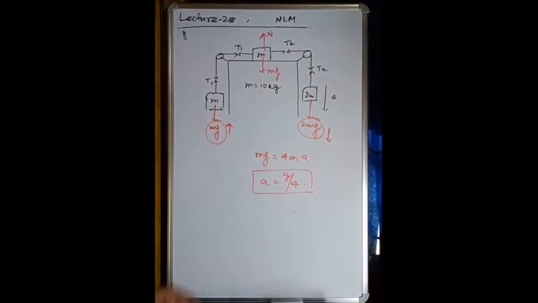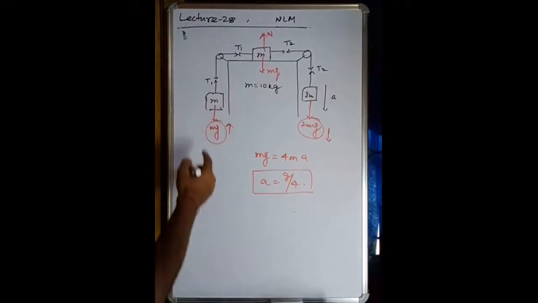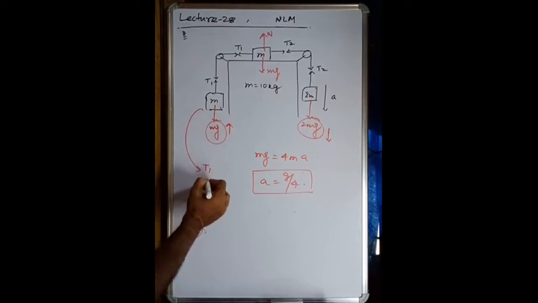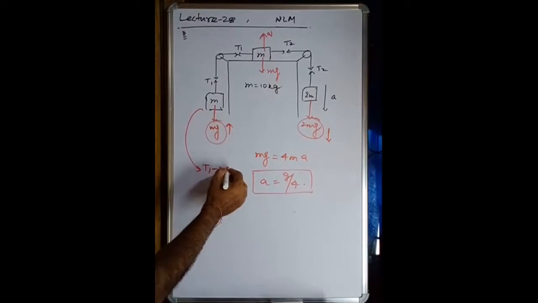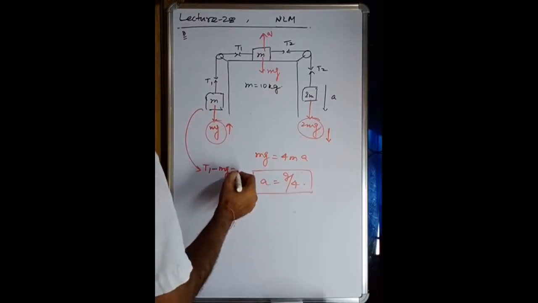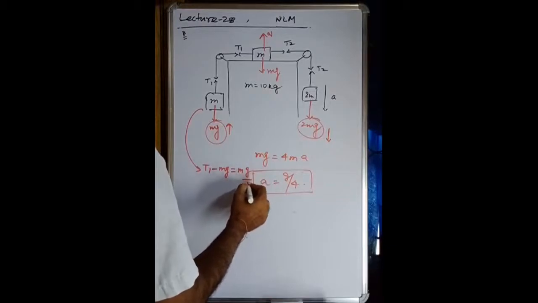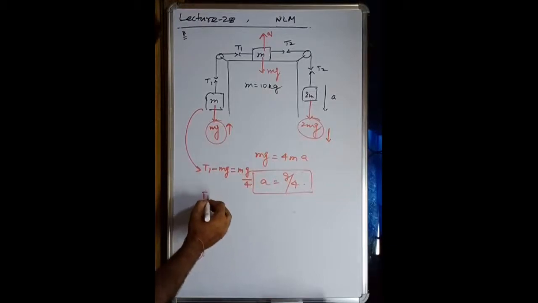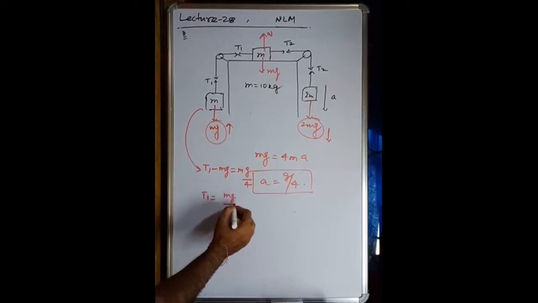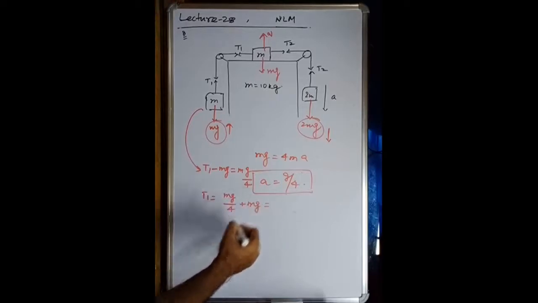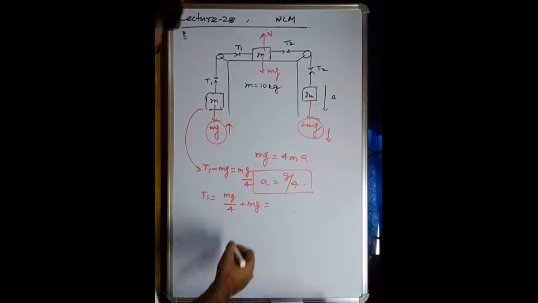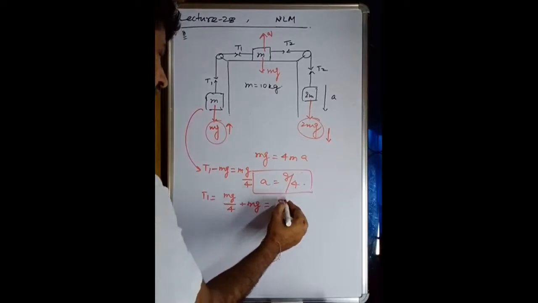If you have been asked to find the acceleration only, then you can see how much this saves you time. This is the first method. Now, my dear students, you can find the tension in each string by using this acceleration. For example, look here, T1: the system is moving up, so T1 minus mg equals ma, and a is g by 4. So T1 equals mg by 4 plus mg. You can see this is also faster for calculation, and it is 5 by 4